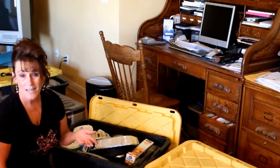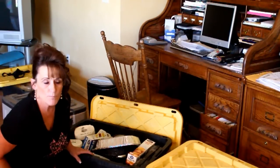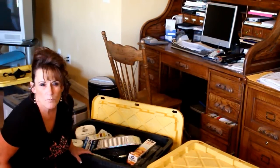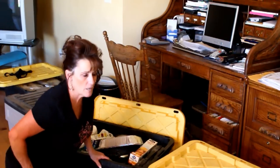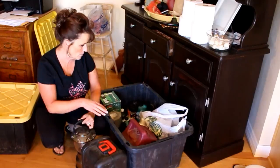And then we've got a tote of clothes that I wanna go through that are hunting clothes for myself to wear in camp, because it is gonna be cold and I don't wanna really take my nice stuff camping. So anyways, I'll show you what we got over here, and then we're going to wrap this video up. Okay, so in this tote, and we'll have to repack this,